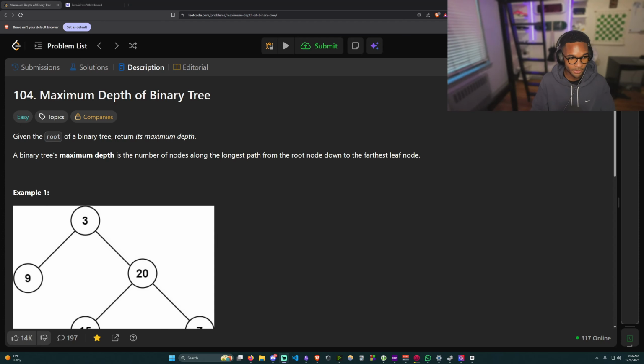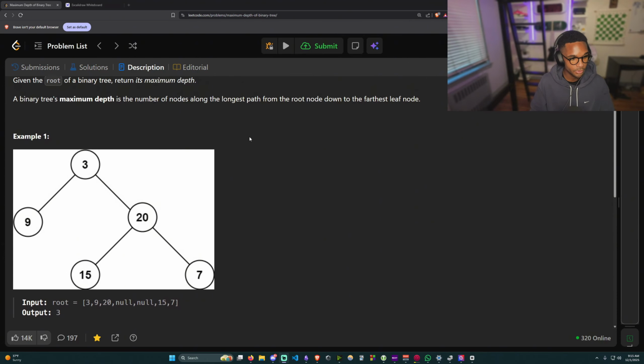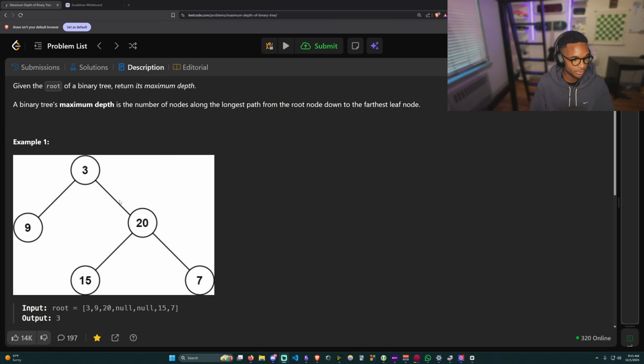All right, hello everyone. Today we're solving LeetCode 104, maximum depth of a binary tree. Given a root of a binary tree, return its maximum depth. A binary tree's maximum depth is the number of nodes along the longest path from the root node down to the farthest leaf node. So if we look at this first example here, in order to solve this, we have